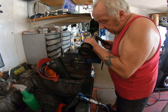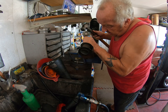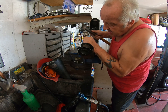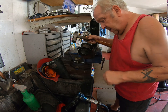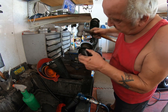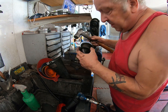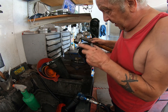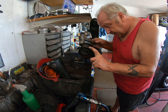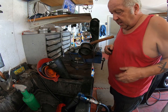It's coming. I know, so's Christmas. Okay, that's going to need a little work. I'm almost there with this. Sometimes you just have to persuade it. And I had soaked all this, by the way, in PB Blaster to try and make it easy, and it's almost there. It really is. I'm not going to let...